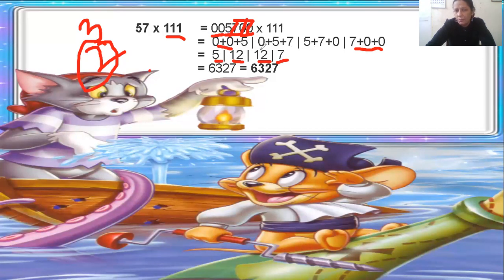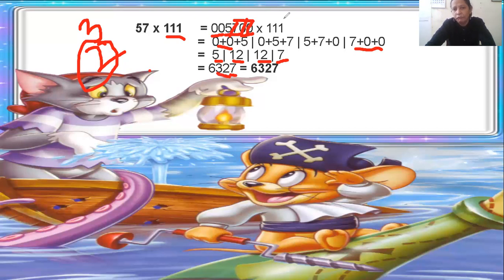Now you have to do the balancing here. How will you do it? 7 is a single digit number. You will write down here 7. From 12, you see 2 is at the unit place. So you write down here 2. But 1 you will carry forward. What will you do with this 1? You will add 1 with 12. 12 plus 1 is equal to 13. So from 13 you will write down only 3 because 3 is at the unit place.